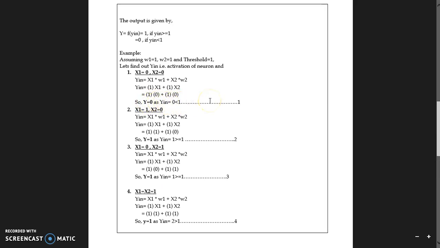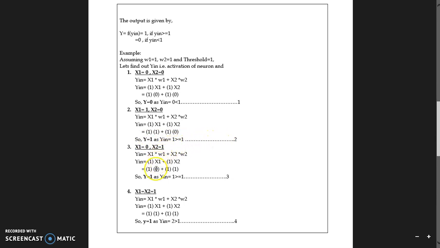Okay, so this is the first pair, x1 and x2. Second, take the second pair: x1 is 1, x2 is 0 with the same weights w1 and w2. So weights are not changed during the one iteration. So we will take the same weight values and threshold value in this MP model. So x1 multiplied by w1, where x1 is 1 and w1 is 1, and x2 is 1, w2 is 2. So calculate its multiplication and the sum. So we will get y-in is 1. 1 is greater than or equal to 1, so therefore it generates the output 1. So this is the second value.